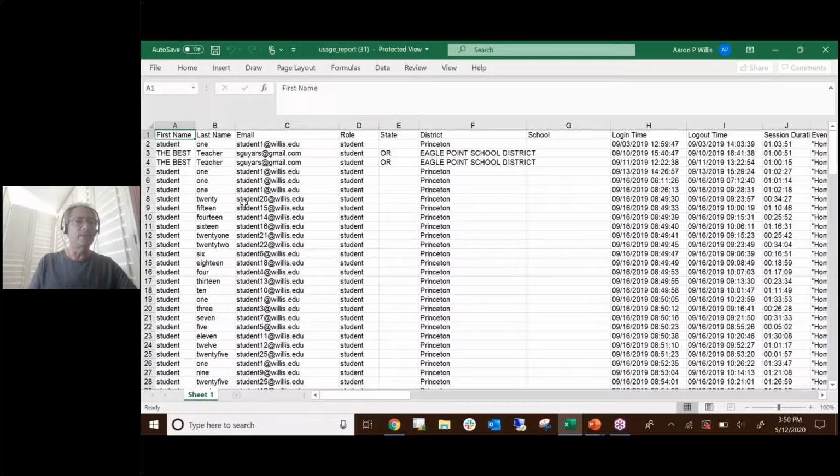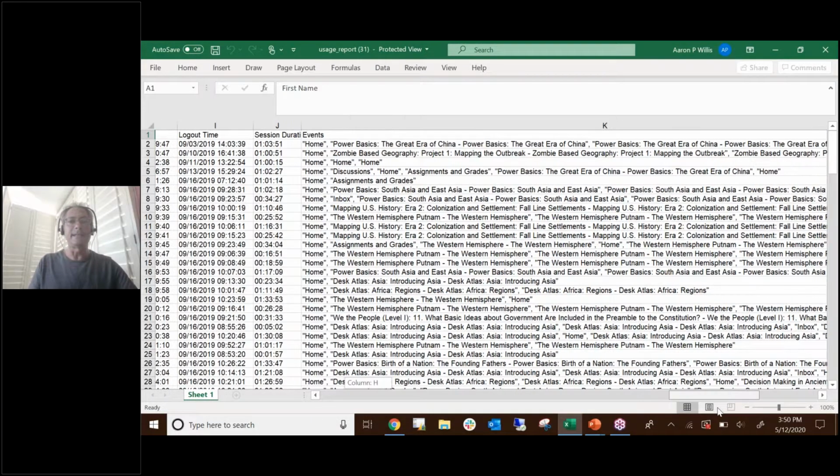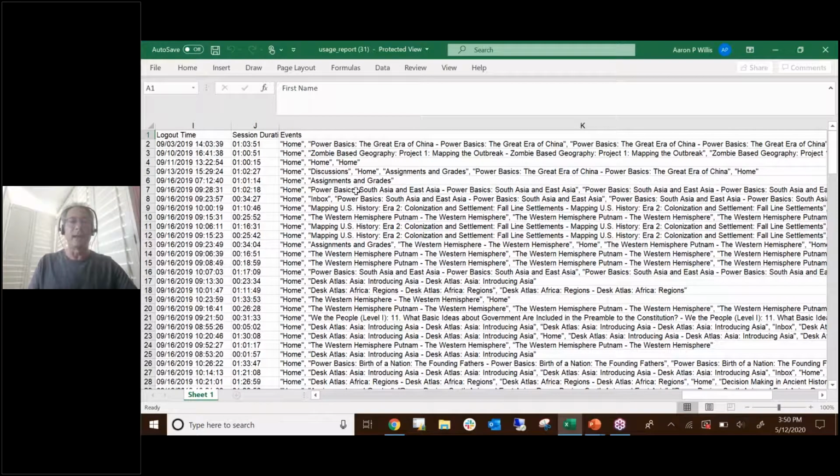This is what the report looks like when it comes up. It'll tell me which student logged in, when their login time was, log out time, how long they were in the platform, and then as I go over here, I can see exactly where they went. There's not too much you can do with it, but you certainly can know which students are using the platform, which students are logging in, and whether they are going to the assignments that have been assigned to them. If they say for some reason that the dog ate their homework, you at least now have some way to verify that they were in